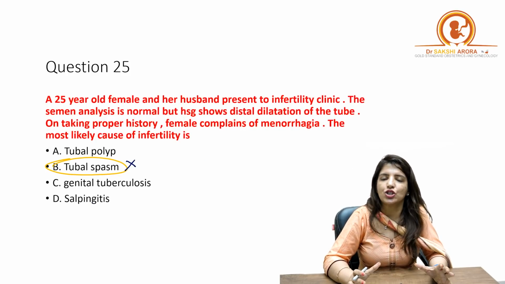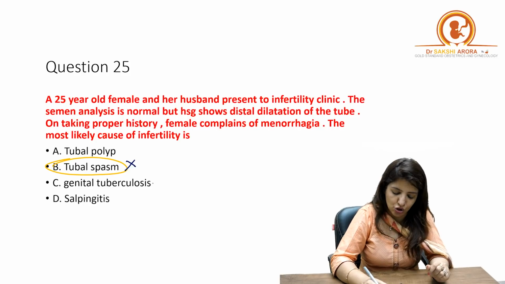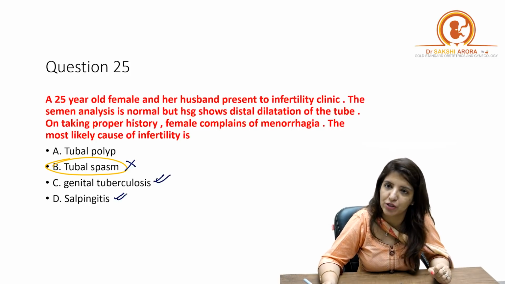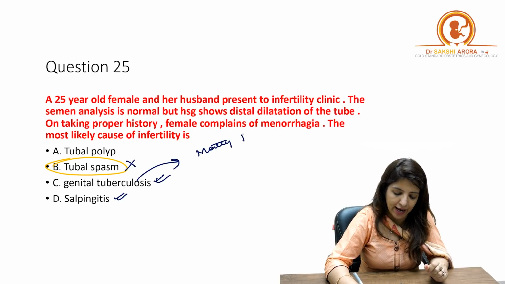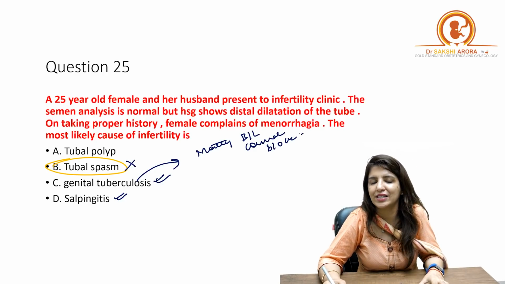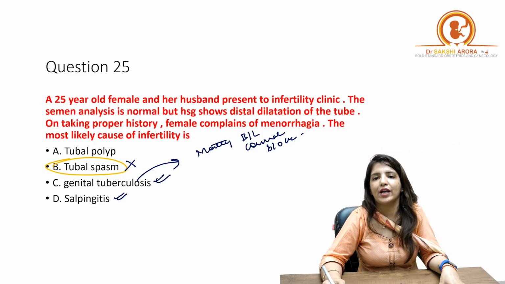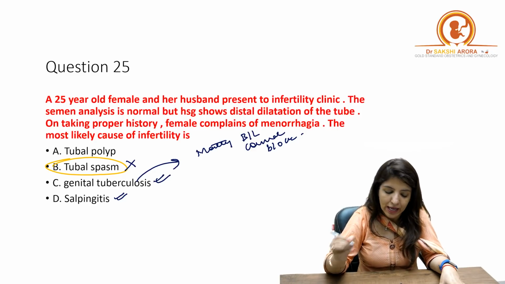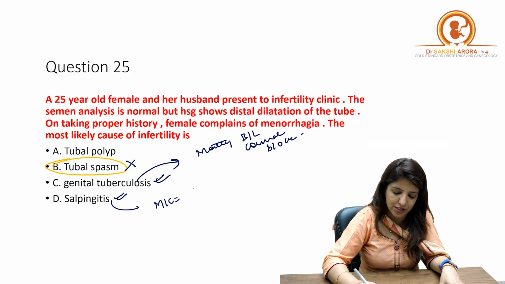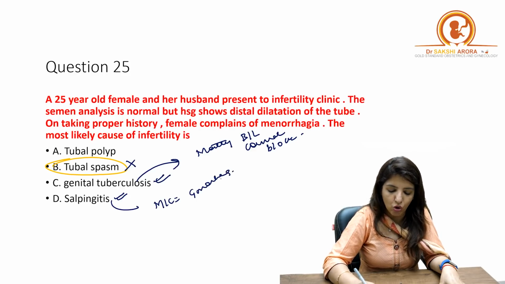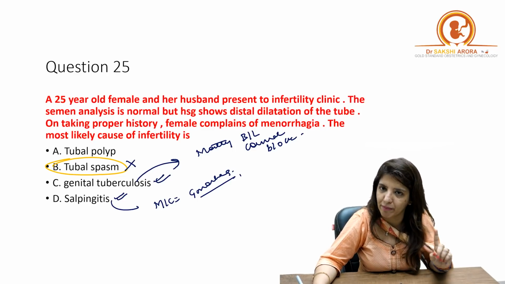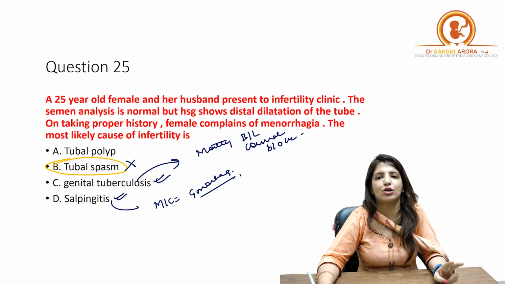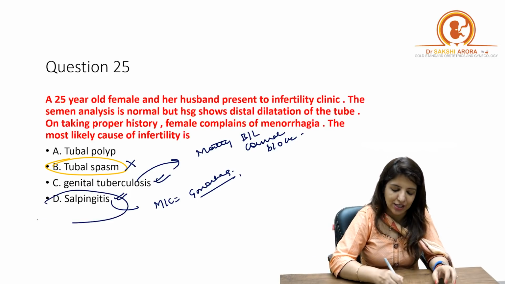Now, distal dilatation of the tube can be seen in tuberculosis and it can be seen in salpingitis both, although tuberculosis mostly presents with bilateral cornual block. The most common finding with genital tuberculosis is a bilateral cornual block and not a distal block. Distal block is most commonly seen with gonorrhea. The most common cause of bilateral distal block is gonorrhea and not tuberculosis, number one. Number two, still you can get a distal block in tuberculosis,